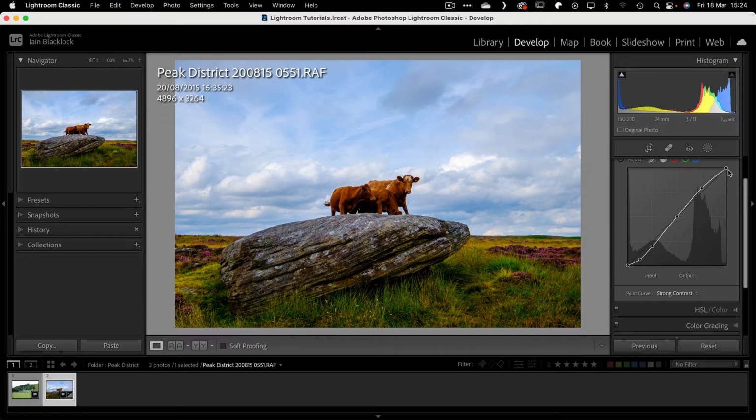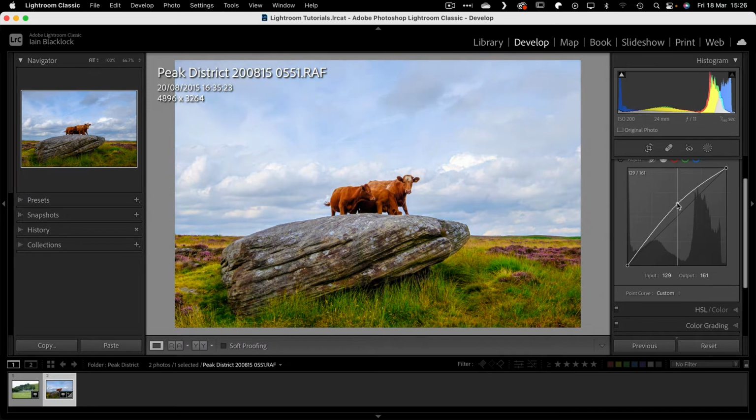The point curve though gives us even more control, because we're no longer constrained just to 4 regions. We can create as many of these control points as we like just by clicking on the line and adding them in, and we can adjust them, and you'll see it can do some pretty strange things. Let's just reset it to a linear line, so we've got a straight line back, and just see some of the basic things. If I was to take a point in the middle of the line, click on it and